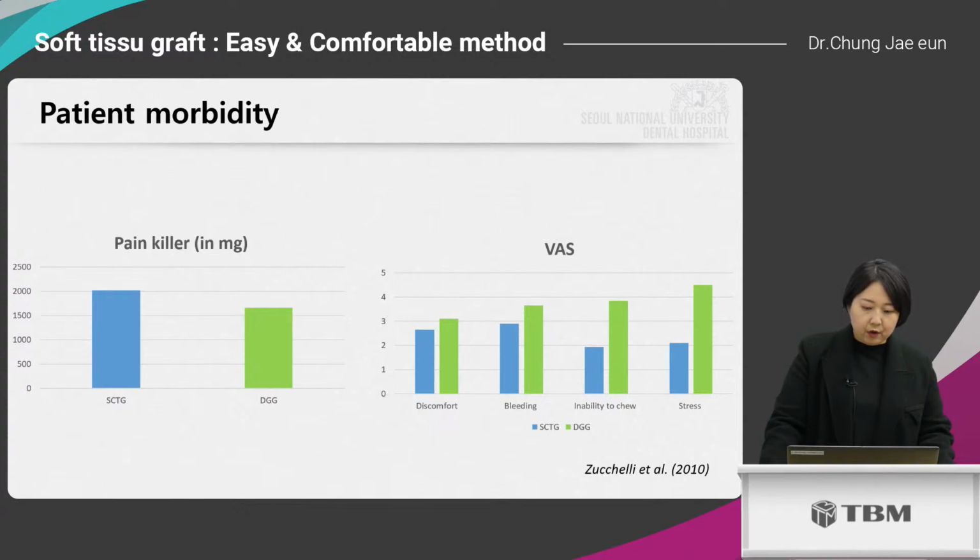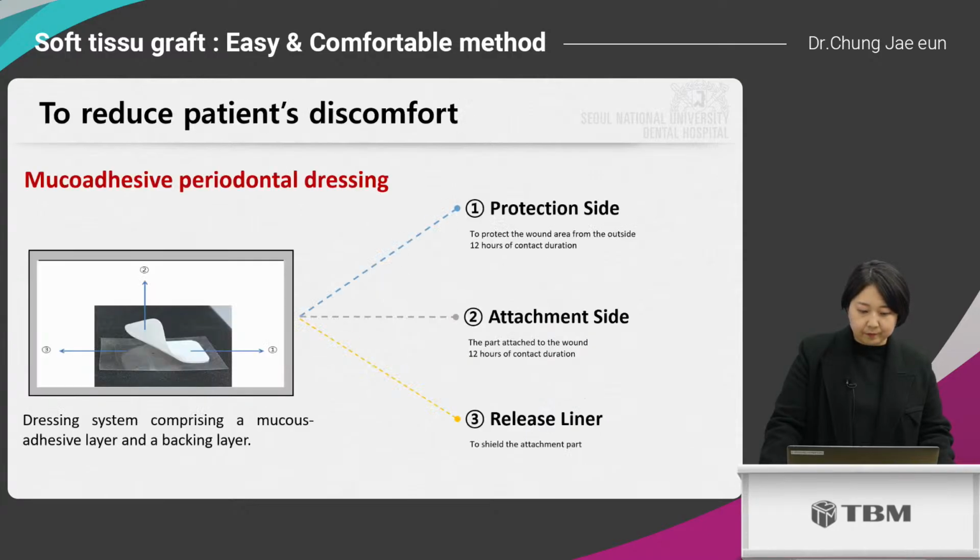And moreover, according to Zucchelli, he compared the SCTG and DGG according to the patient morbidity. The painkiller consumption and discomfort, bite, bleeding, and inability to chew, and stress, there was no statistical differences between SCTG and DGG. To reduce the patient discomfort is very important thing, and I usually use the mucoadhesive periodontal dressing at palatal donor